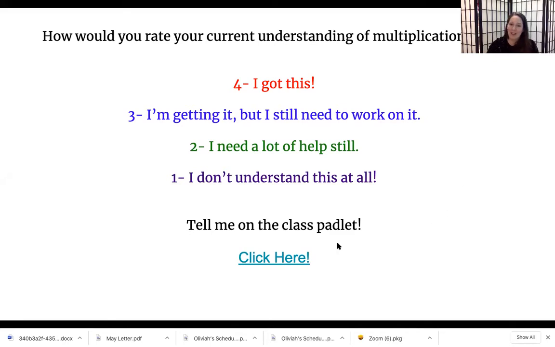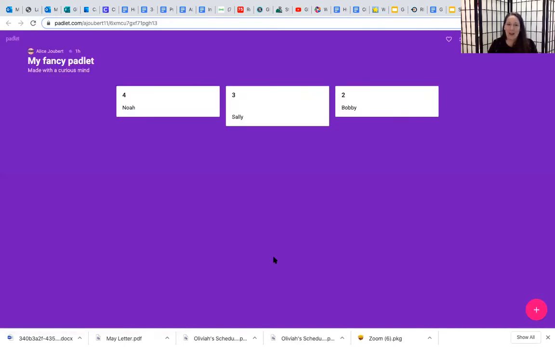And I would ask them to click on the Padlet again and give me another little post-it on the board, or if they want to just go back in and, say somebody was down at, Bobby was at a 2, he could go back and then put a 3 to show he's improved or he understands it better now. So I would use that again to give the students a voice and to assess the learning, as well as